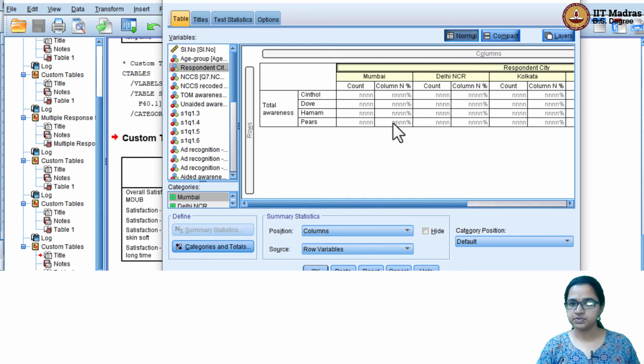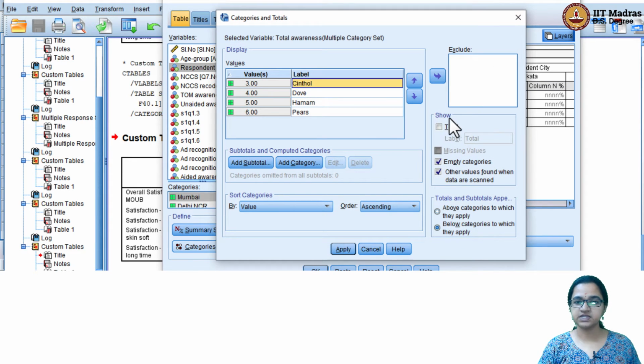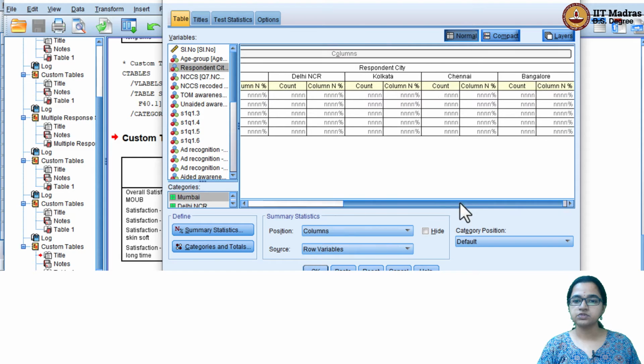Count and column percentage. This comes by default now because we have been using this. But the first time you will have to define saying I want to look at column percentage. Okay. I have said I want a total, row total at the end of it. What I can also do